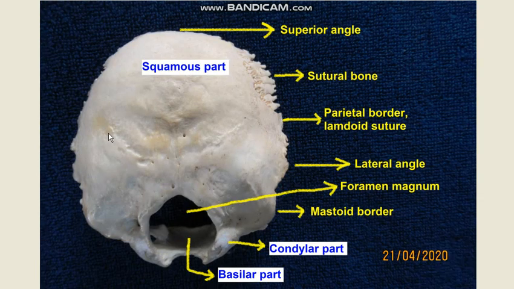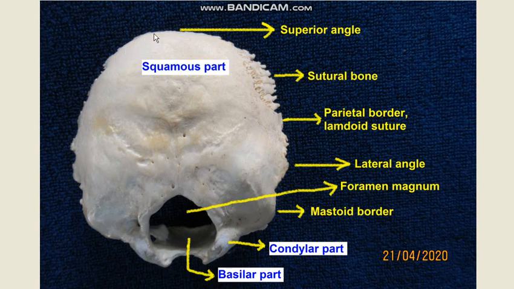So this is the external surface of the squamous part, and from here you can make out that you have a superior angle over here and a lateral angle over here. From the superior to the lateral angle is the superolateral border, and from the lateral angle to the jugular process over here you have an inferolateral border. Now up to the lateral angle, this entire margin articulates with the posterior border of the parietal